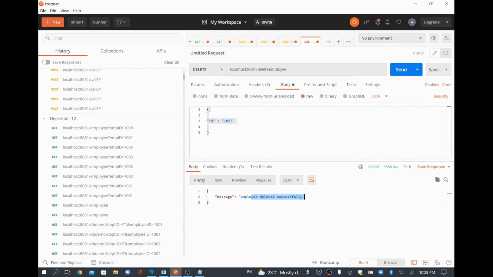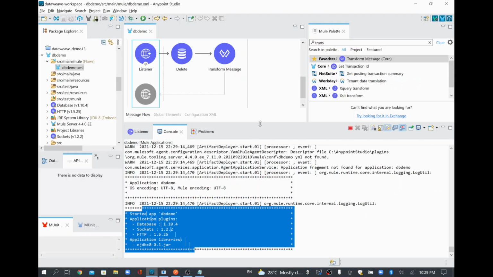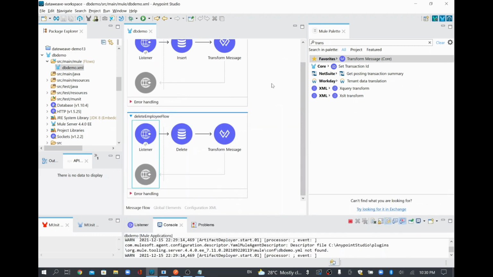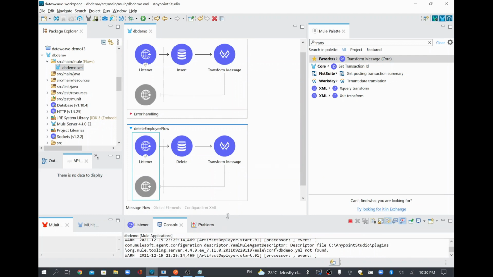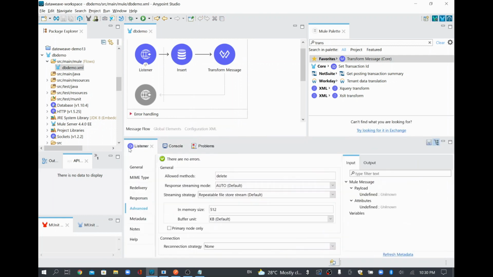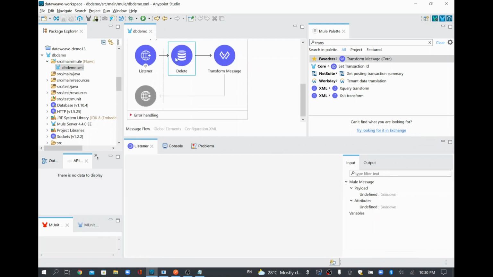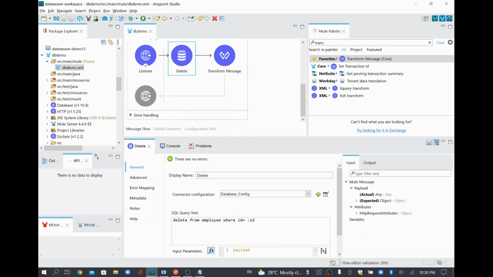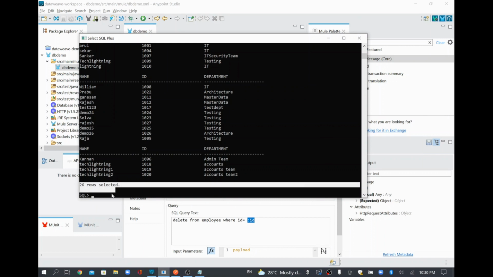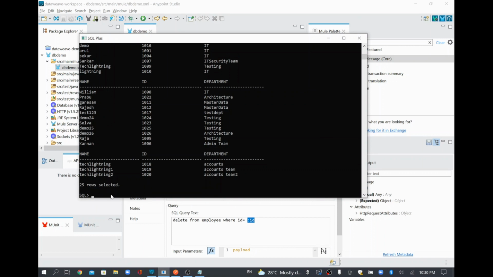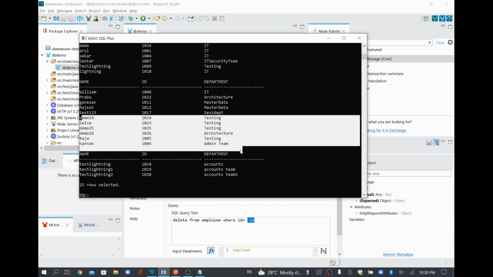See here, employee deleted successfully, which means your flow which has the endpoint called delete employee. The first one has a resource endpoint as insert employee. This delete employee flow has an endpoint as delete employee, which we already set, and then it went inside delete and deleted the record based on the ID. Now I'll go and show here. Earlier there was a Rajesh with a total of 26 records. Now I'll run this again. You'll be able to see only 25 records, because the Rajesh record got deleted from our employee table.